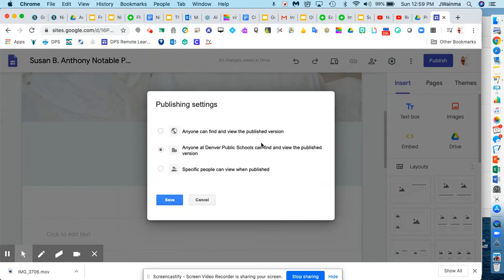What I would suggest is that you could make it anyone can find and view the published version. And then if you do that, just make sure you're not including any pictures of yourself, okay? And then click Save,